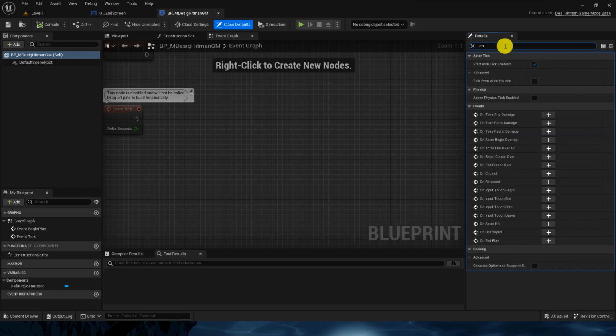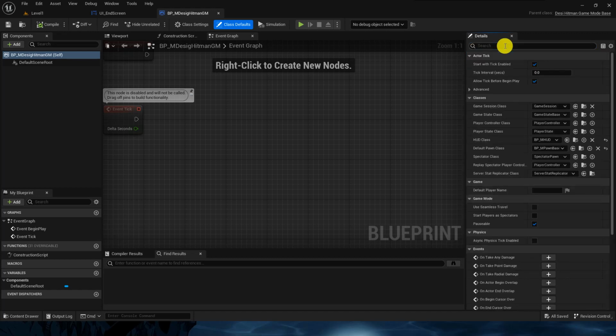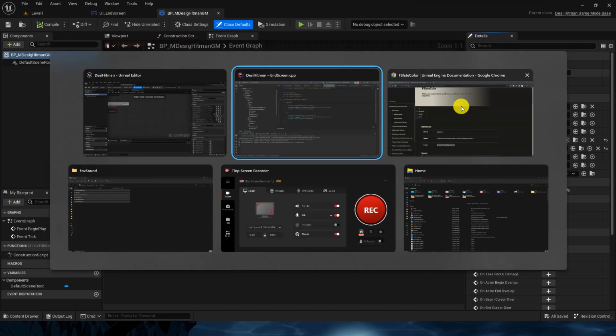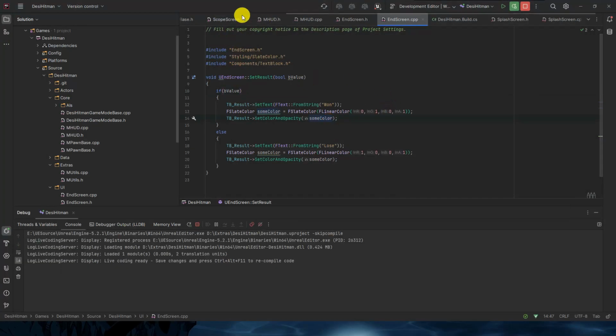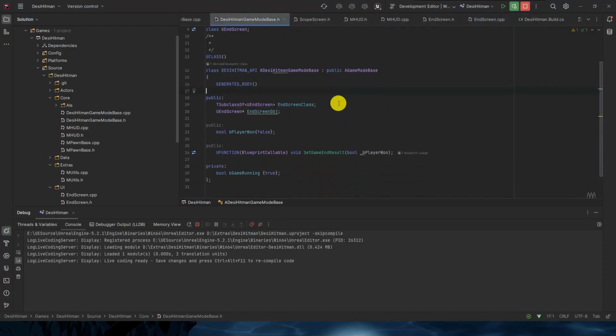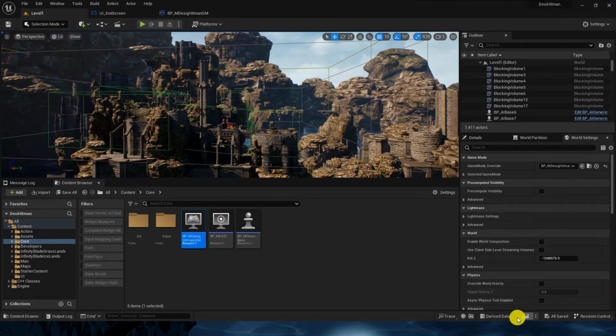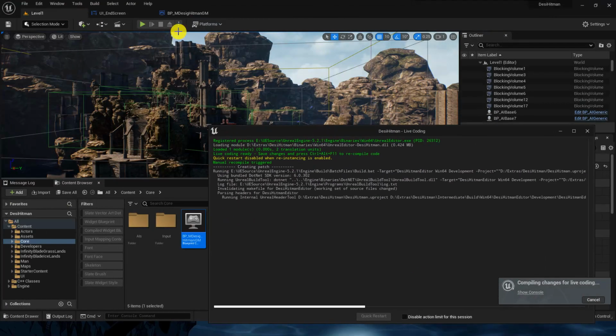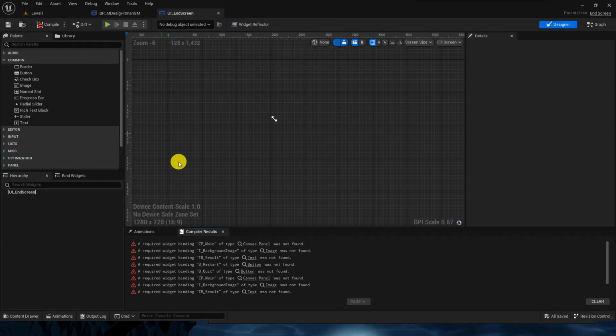End screen, we have compiled, and I think we are asking for the reference if I'm not wrong. Game mode, nope. Let me do that. You have to set the property to edit anywhere, or else it won't show. Let me compile that again. In the meantime, just compile, otherwise it will give you that error. Just make sure that you are doing that.